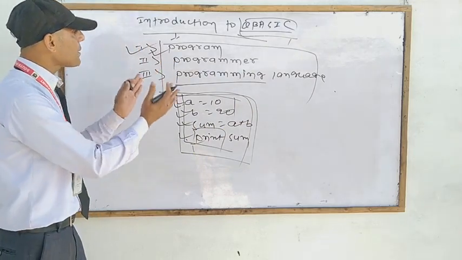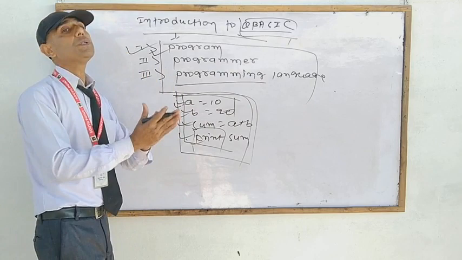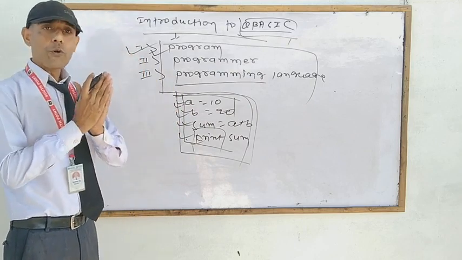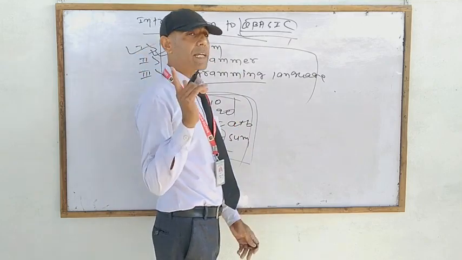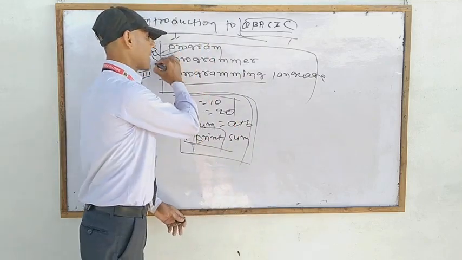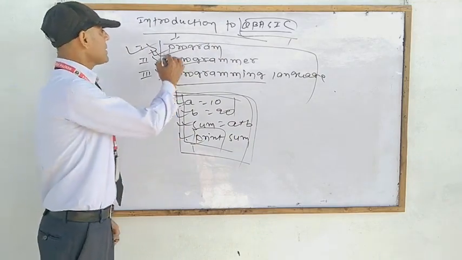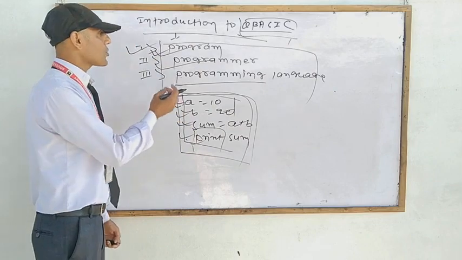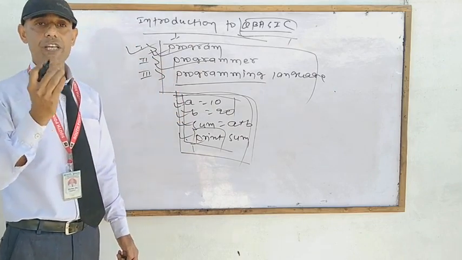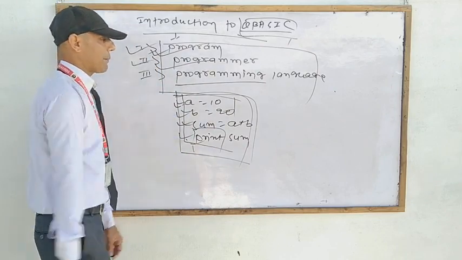All programs are a set of instructions or code. Without instructions, without code, we cannot design the program. And without the program, we cannot create the software, which is designed by the software developer, who is also called the programmer. Understood? So this is the program. We can define it as: a program is a set of instructions or code which has a specific task or job.